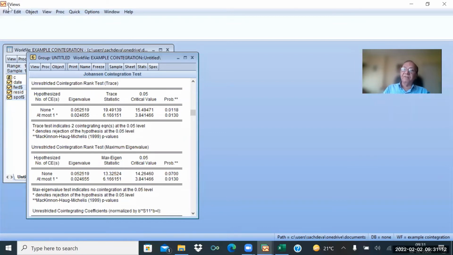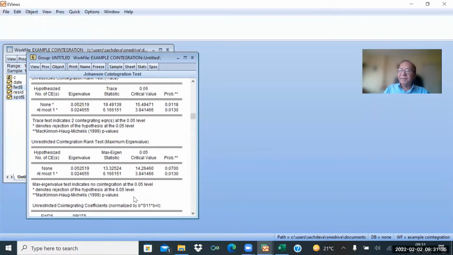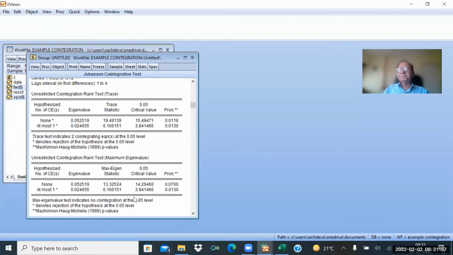So then you will have one cointegration or two cointegration. It will be decided. But this result says there are confusing results. The trace value says there are two cointegration equations, but the eigenvalue says there is no cointegration. Anyway, what we will do, we will now go to